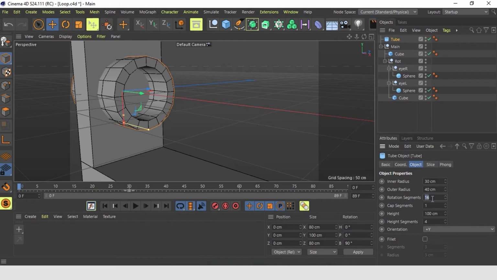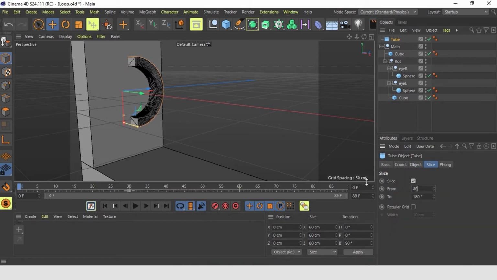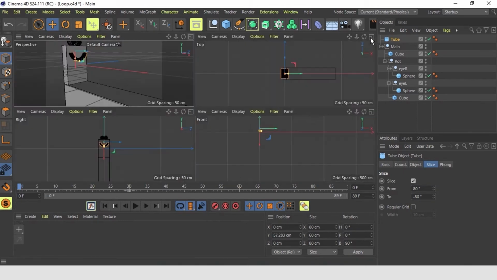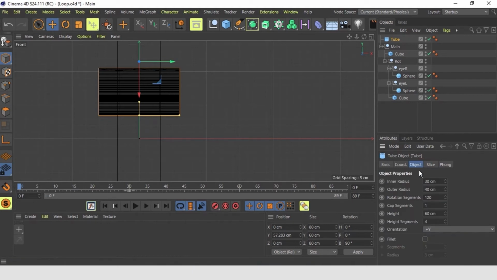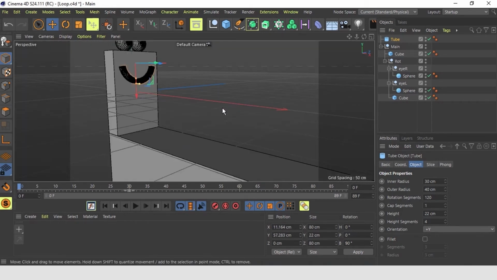And rotation segments, that's good. We bring it also higher. And we put it into our rotation null and we have our mouth falling with the cube.